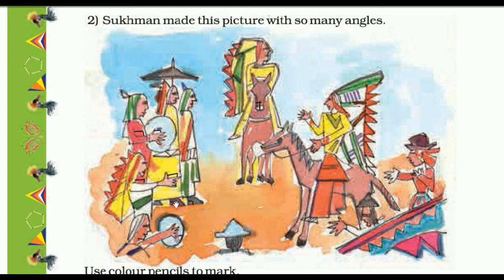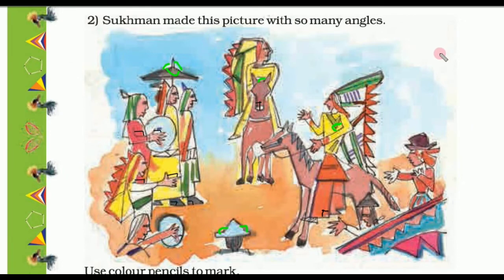Here in the leg, see, these both are right angles. Then in the hand, it is also forming an L shape, so it is a right angle. This is also forming an L shape, so right angle. Here in the hand, in the finger also this is a right angle. Here in the horse's mouth, here also it is forming an L shape, so it is also a right angle. So mark all these angles. And others also, if you find, you can do it.